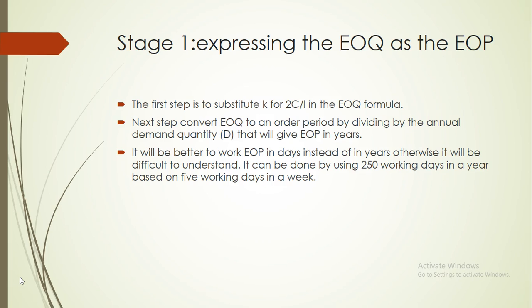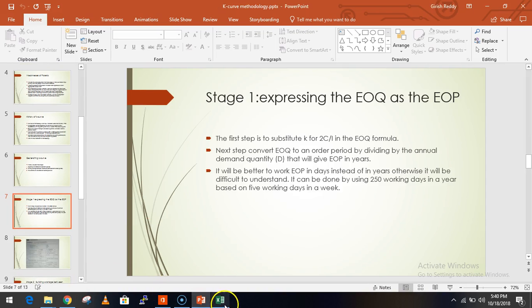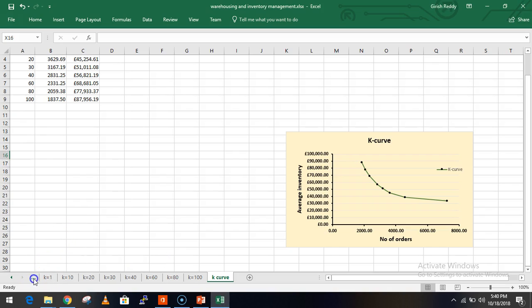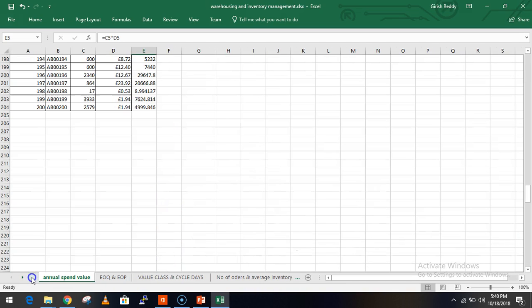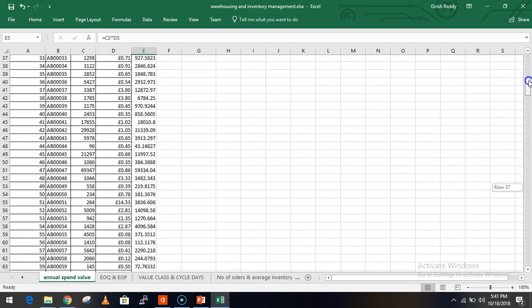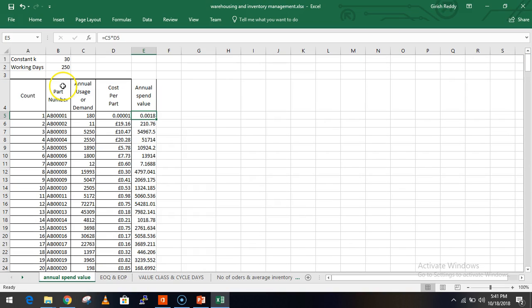So let us look at the Excel sheet. I will show you the Excel sheet that I'm working with. So this is the Excel sheet for the 200 parts. Here you can see the count, the part number, annual demand or usage, and cost per part. So these four will be the given ones, and the working days is 250, and we are now calculating with K